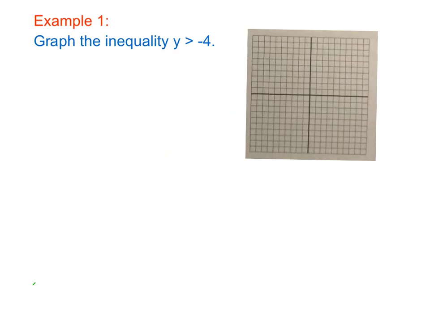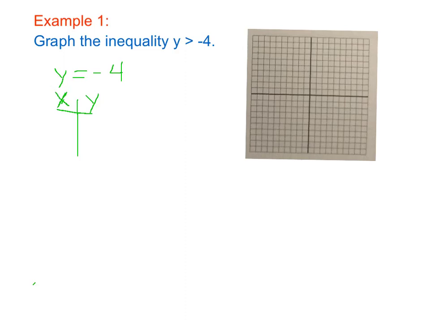Okay, we're going to continue on with graphing inequalities with two variables and also with one variable. Alright, here we have the inequality that we want to graph, y greater than -4. So we're also going to treat this like an equation, so I'm going to look at this as y equals -4. And if you do a t-chart, one column for x, one column for the y,